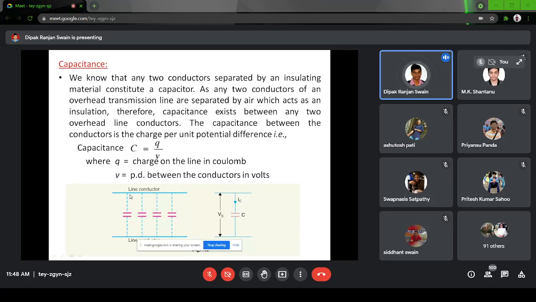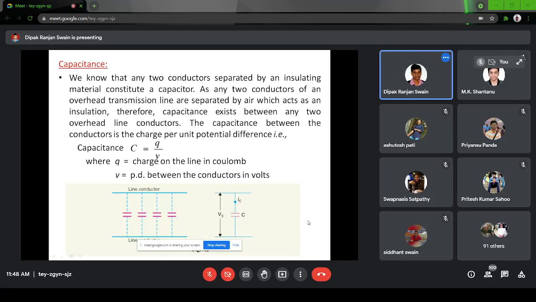Okay, so for capacitors, whether it is a three-phase circuit or a single-phase circuit, generally the equivalent circuit is drawn per phase, like the transformer or the alternator. So equivalent circuits are drawn per phase. This bottom line will generally be considered as the neutral. So this capacitance is between the line conductor and neutral.